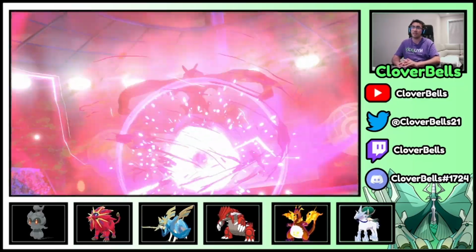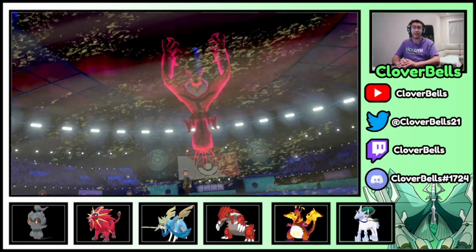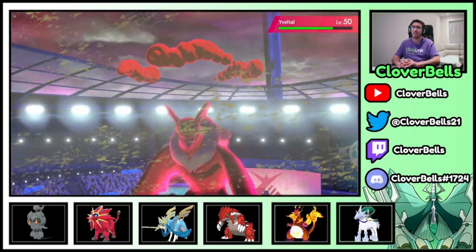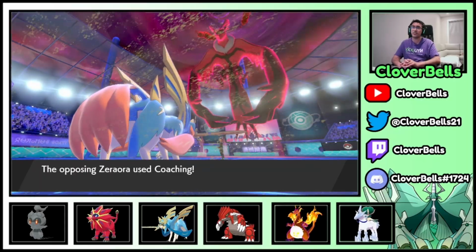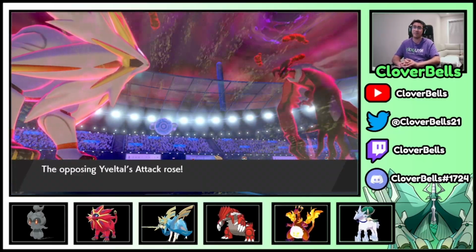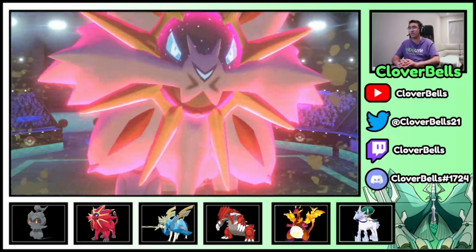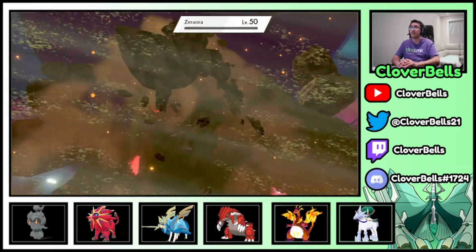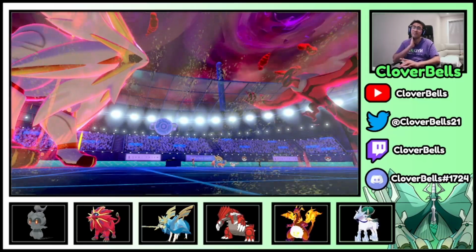So, he can Airstream the Marshadow. He can double up the Solgaleo. I don't think a double up kills the Solgaleo. We have a pretty good amount of bulk here. I would like the Quake boost. Oh my god, he has coaching? What is this, physical Yveltal now? Oh, come on. Alright, they got all the techs here, but we have the Quake here. I think he just went for physical foul play is all. Alright, so there's a boost. Again, but, you know,